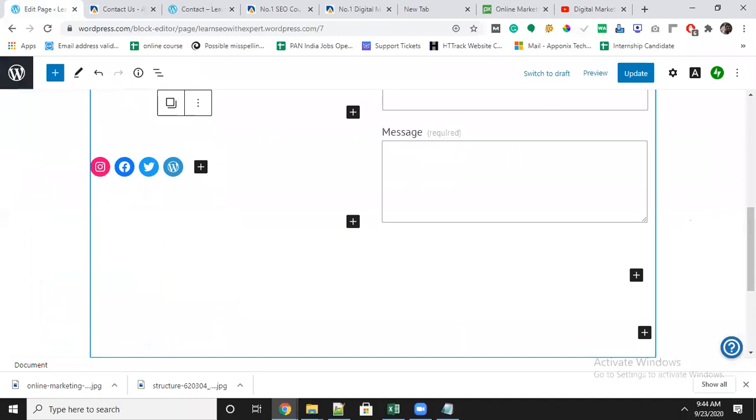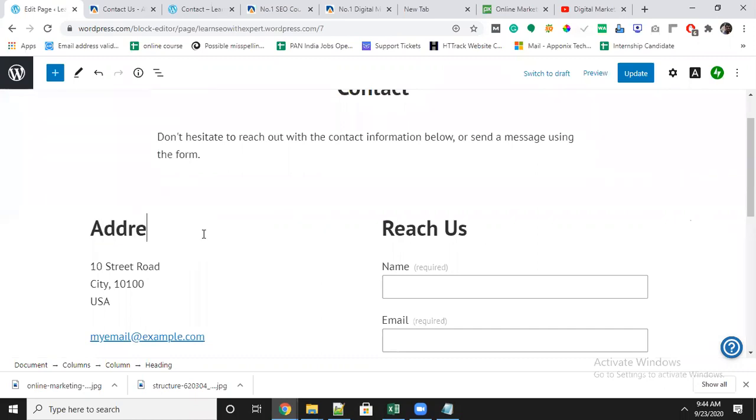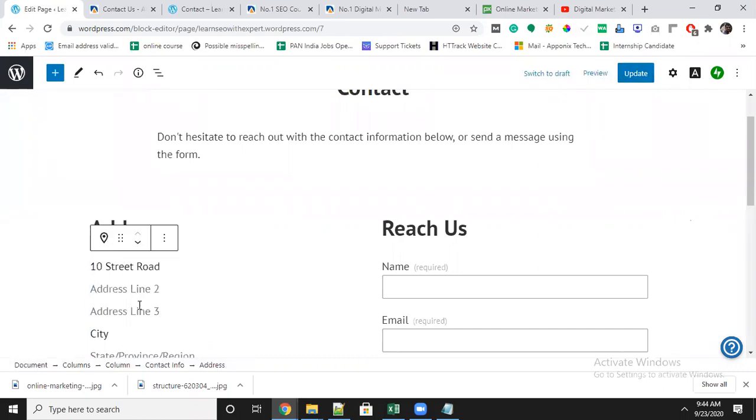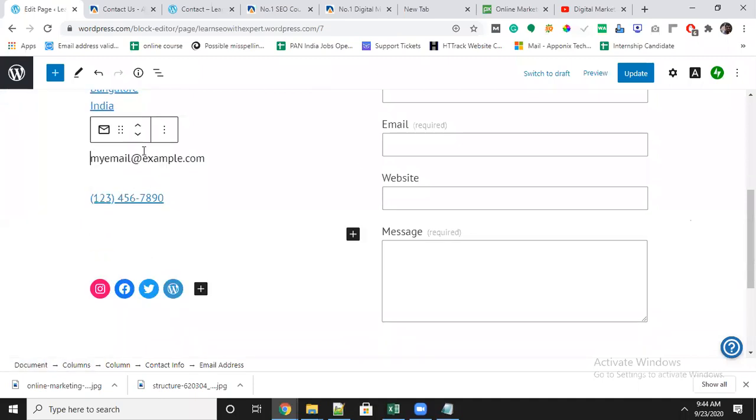Address, I am changing to whatever I want. Rajesh Nagar, Bangalore, India. If you don't want any sections, you can remove them also. If you want the address, you have to enable it. And I am changing the email ID also.